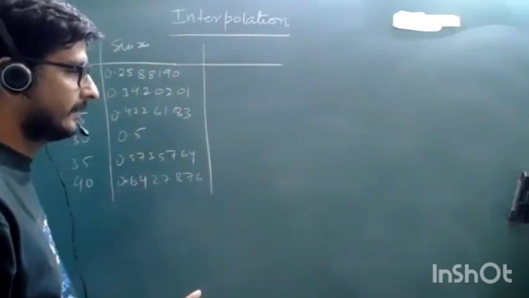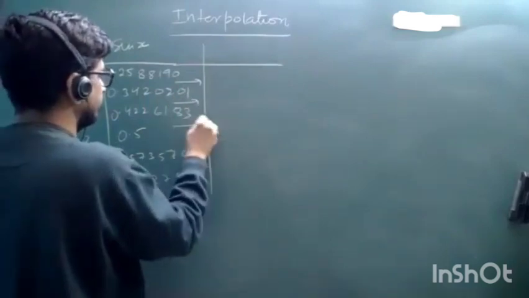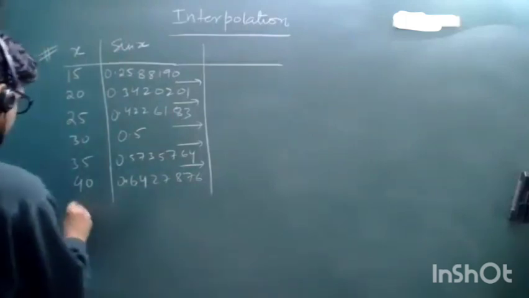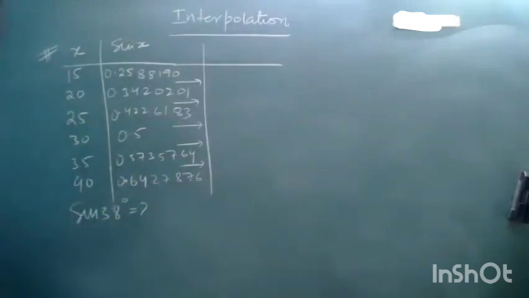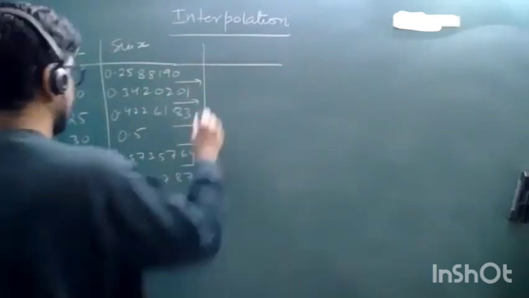Can you tell the del square or not? Subtract this from this, and keep writing here. Do it. So the question is, we have to find out sine of 38 degree, and we will use Newton's backward difference to understand how it is working. So let us first quickly write these values. Quickly write, subtract a couple of values yourself. Use a calculator. So it will be